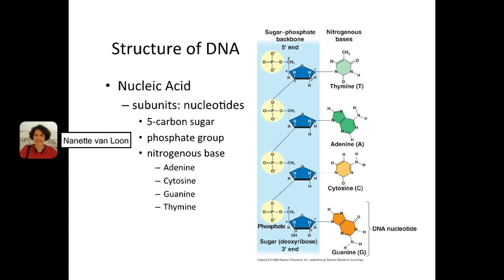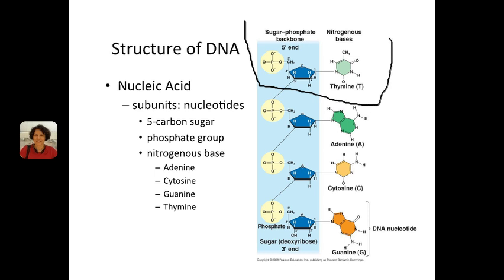We remember from chapter 5 that DNA is a nucleic acid. DNA and RNA are both nucleic acids. The building blocks of nucleic acids are nucleotides, and nucleotides are themselves a complex molecule that consists of 3 different parts, and we're circling a complete nucleotide here. The 3 parts of a nucleotide include a 5-carbon sugar. In the case of DNA, that 5-carbon sugar is called deoxyribose, a phosphate group,